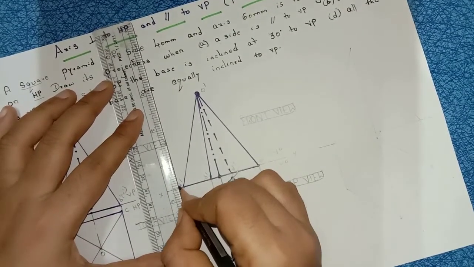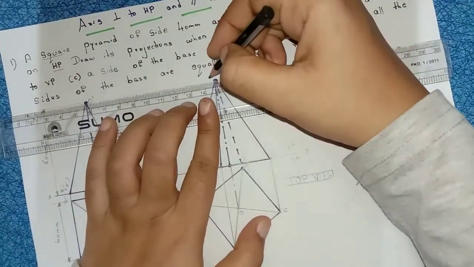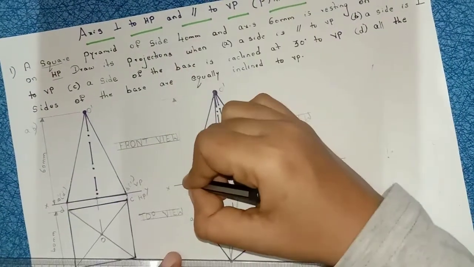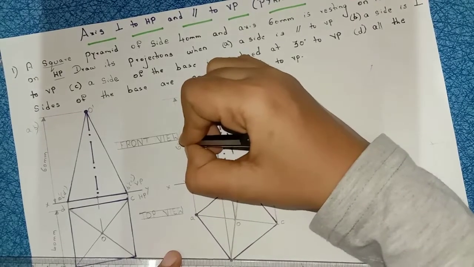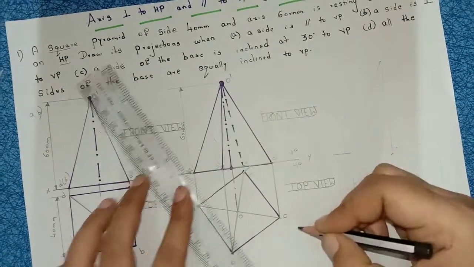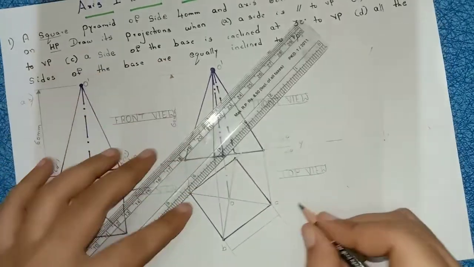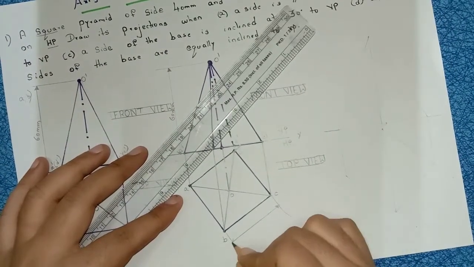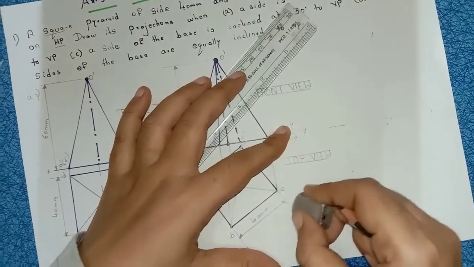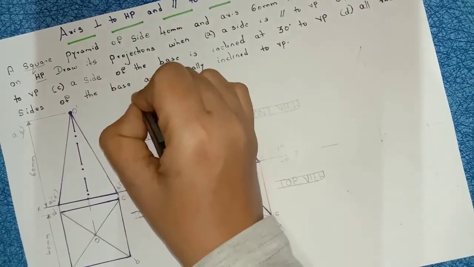Here they mention axis height is 60 mm, right? And length of the square, so I can mark here. I am extending this one. I am drawing a dimensional line which is parallel to the side of the square. This is here 40 mm, right? So this completes the C bit.